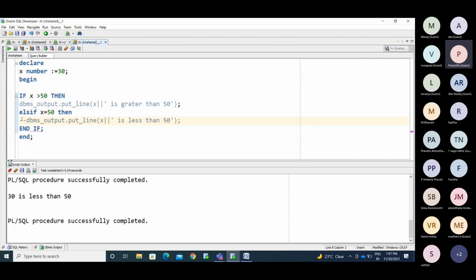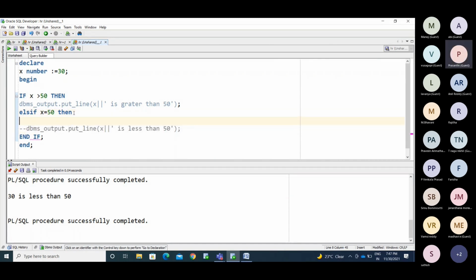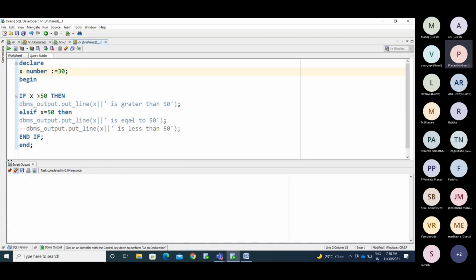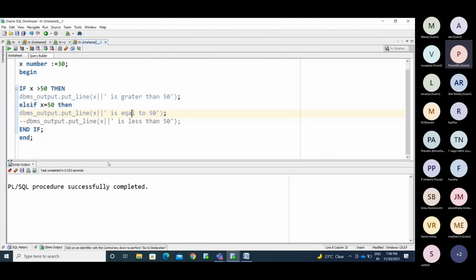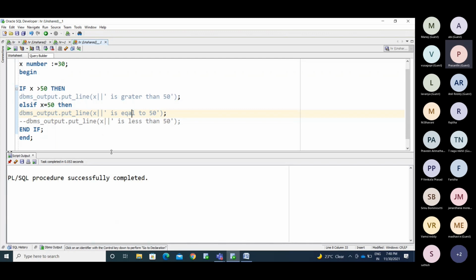I'm putting this into a comment, then copying and declaring: 'x is equal to 50'. Now we are passing 30. Now I'm removing all these things in the downside. Now the PL/SQL procedure is successfully executed, but you are not getting any output.